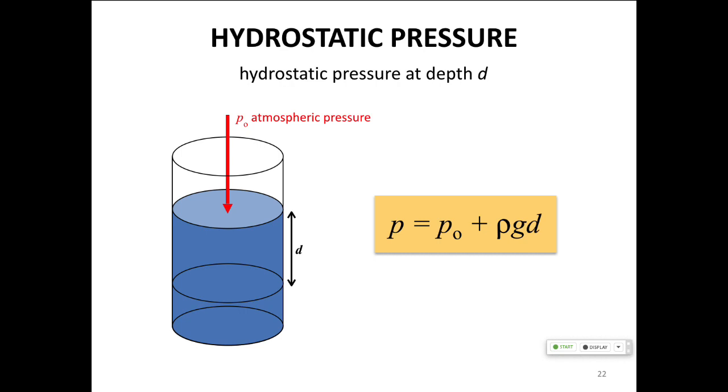Now you need whatever the pressure is you start with. It doesn't have to be atmospheric pressure. You could be on another planet. You could be high or low, whatever. You have whatever pressure it is from the fluid up here, and then you add the depth. So this is the pressure. In this case, this is atmospheric pressure, but it doesn't have to be. If you have layers of fluid, you can figure this out too. You can just have a bunch of rho g d terms that you add together. And this is the fluid density, this is the depth.